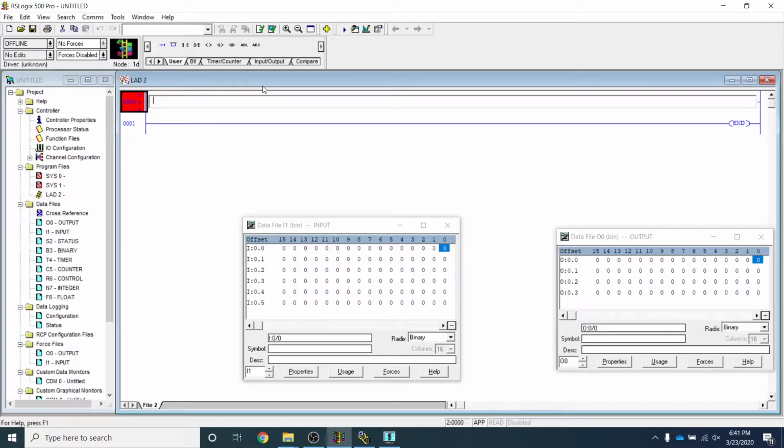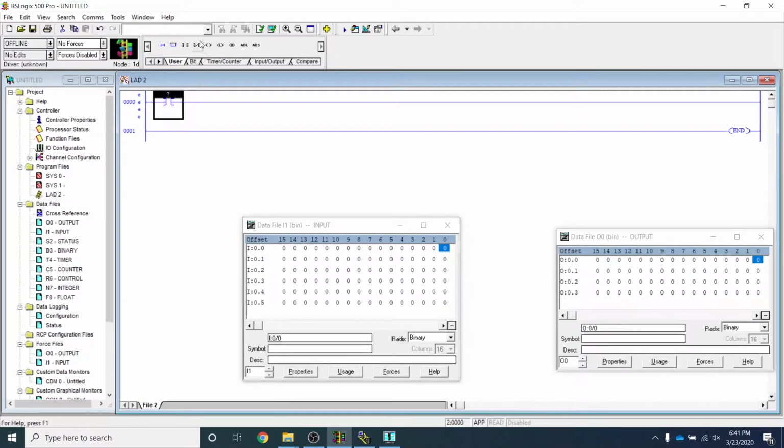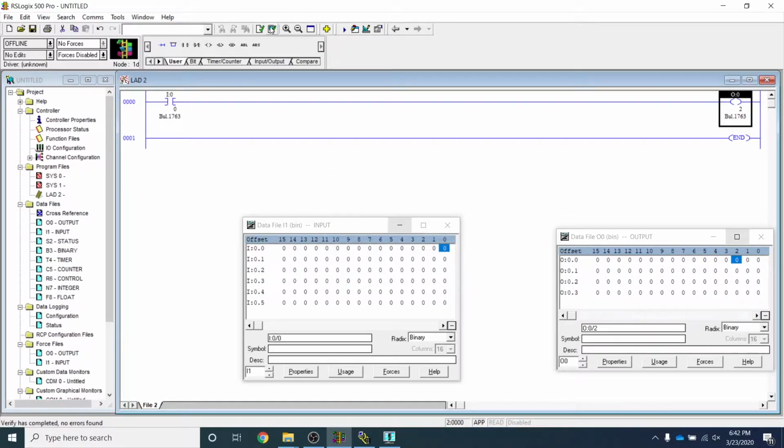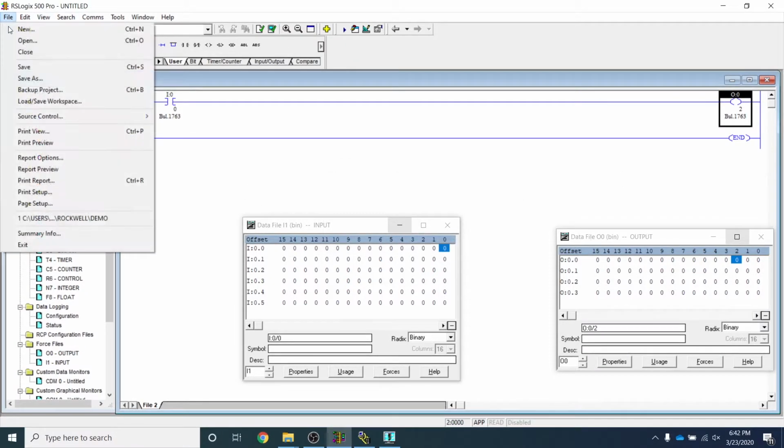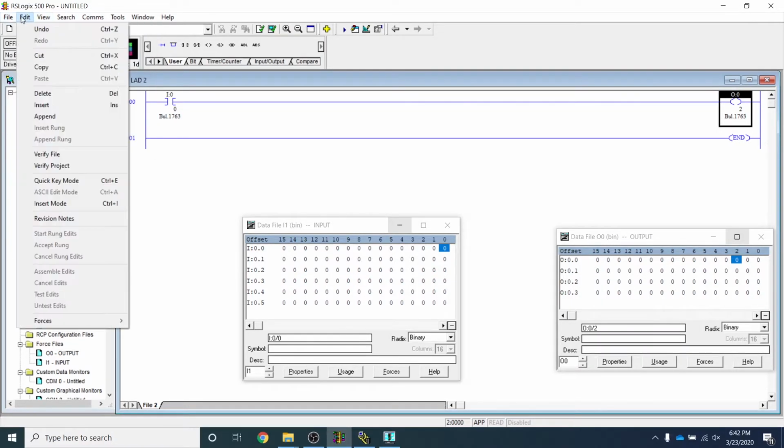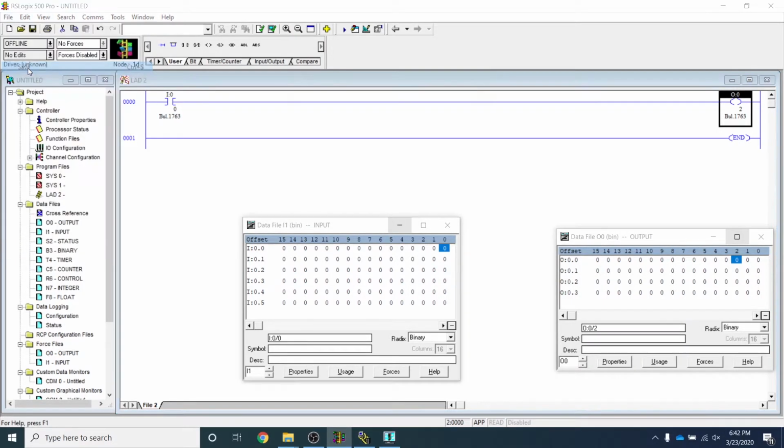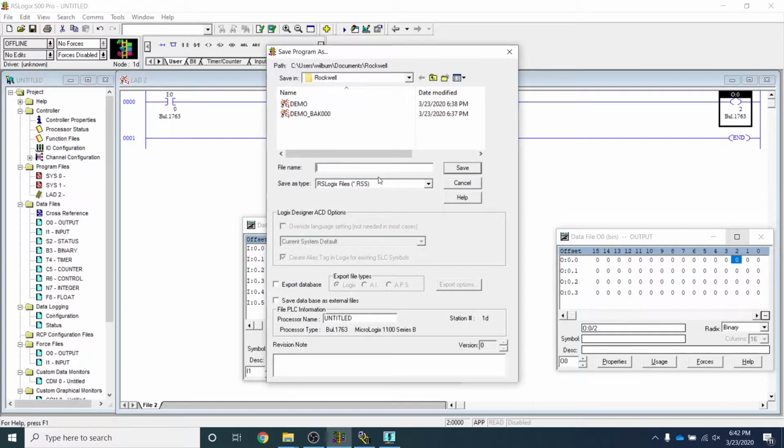So just for a basic program, I'm going to do a push button and a light. I need to give those addresses, so I'm going to use one of my inputs for my normally open contact, or my examine if closed, and I'm going to use one of my outputs for my coil, or my OTE, output energize. Verify the file, save it, give it a name,